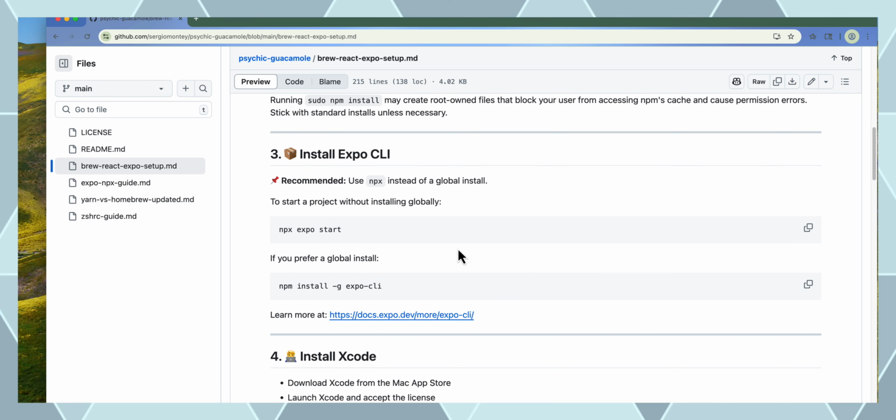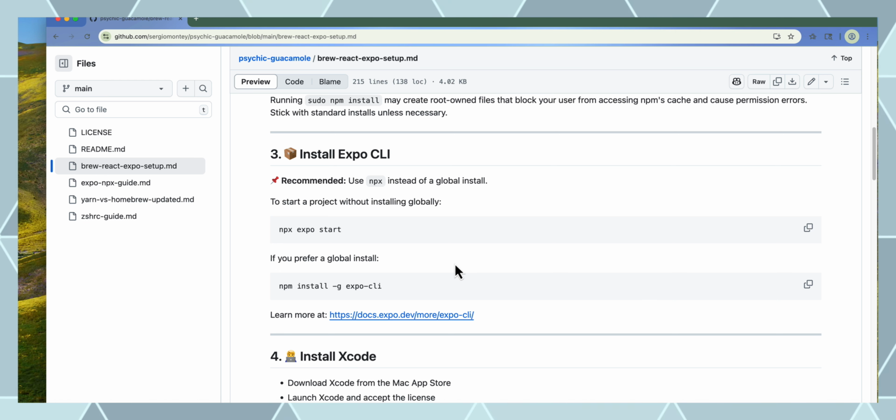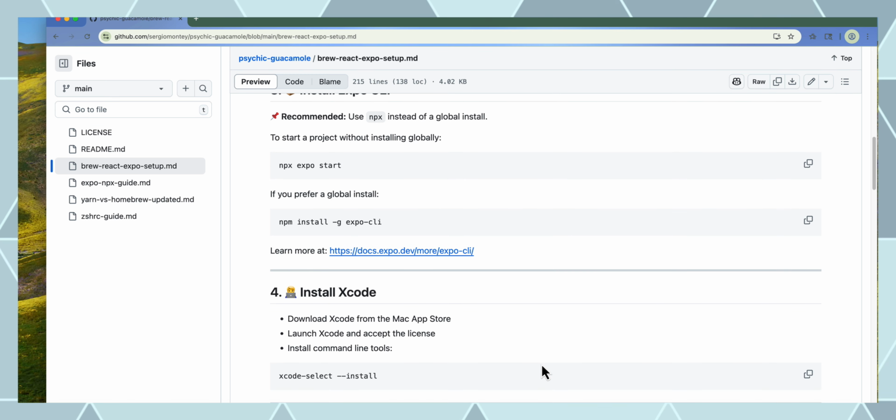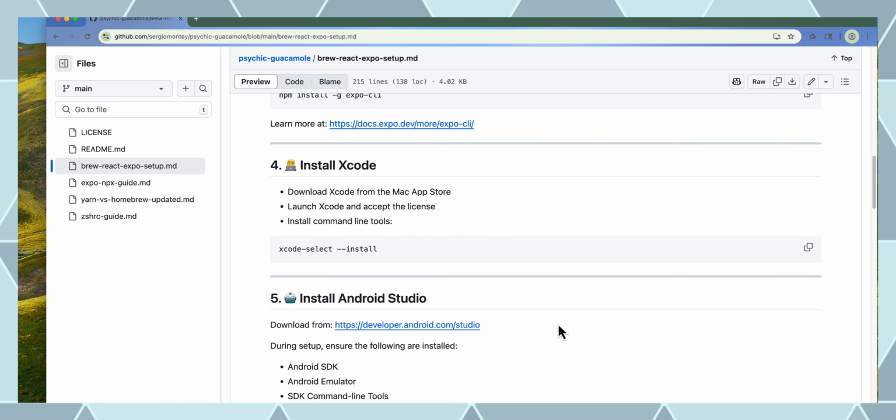And here, as I was mentioning, why we are choosing to go this route, NPX, versus the global install. You can still do it, but it's just not the preferred and recommended way anymore. If you want more documentation on why this is not the preferred method, here's a link to the documentation on the Expo dev site. Other than making for cleaner code and architecture, without going too much into that, it's just the preferred way to go. And since we will be using React Expo